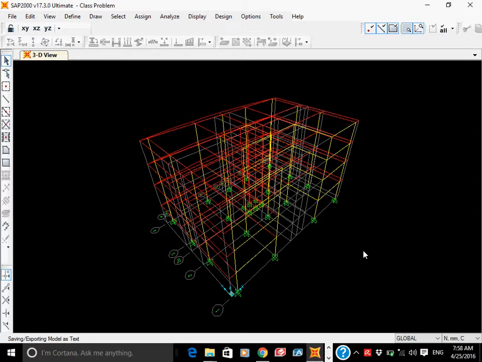So even if the story height is different, but your loading is the same and geometry is the same, it is better to design only one floor. You understand? Because in your building, this is 4000, 8000, 11,500 and 14,000. It means the last 2 story heights are 3,500. So it is not going to affect anything if you have the same geometry and same location of the beams.